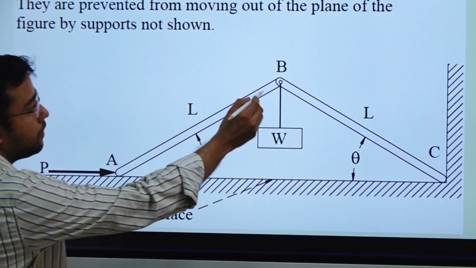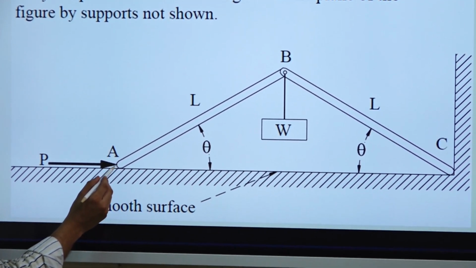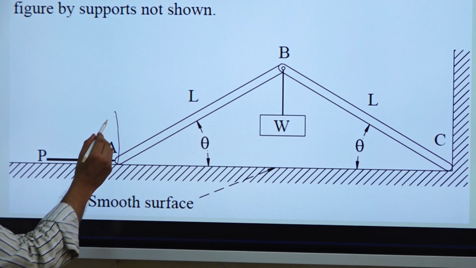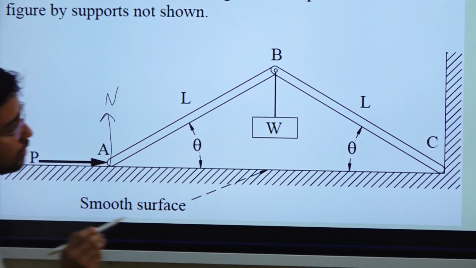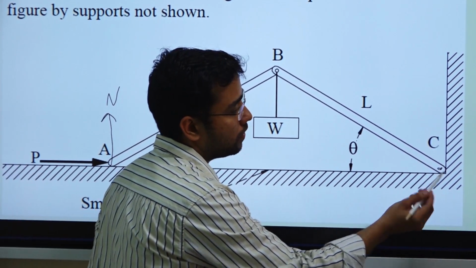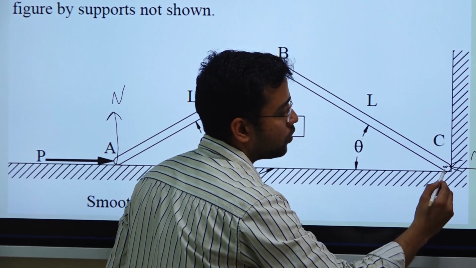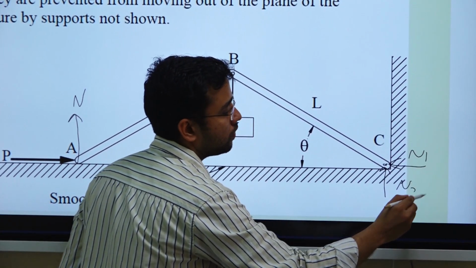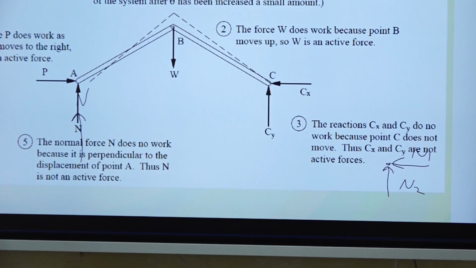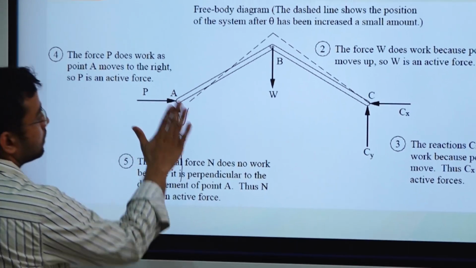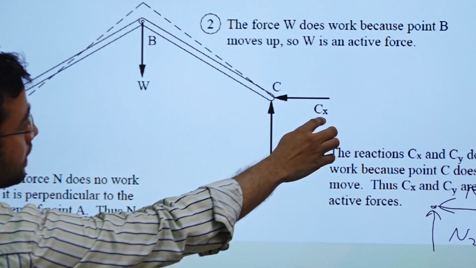So at this point we already have one force W. At this point, because it is simply supported, there is a normal force, so one normal force will act, but we are applying one force P also, so N and P both will be acting. At this point there will be two reactions, one from this surface and one from this surface, N2, that you can see here. So one will be N, one will be P,